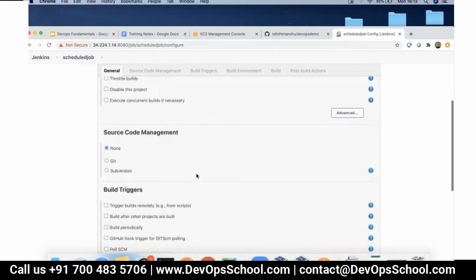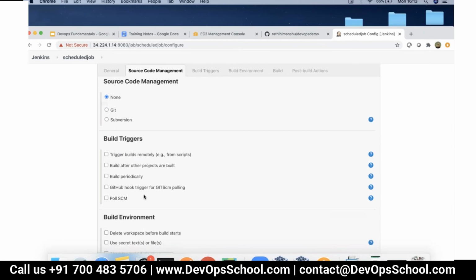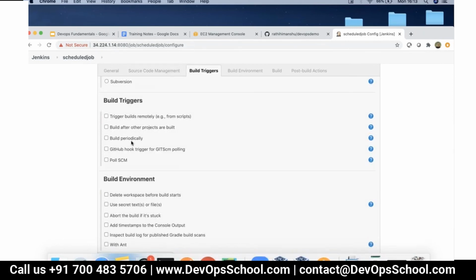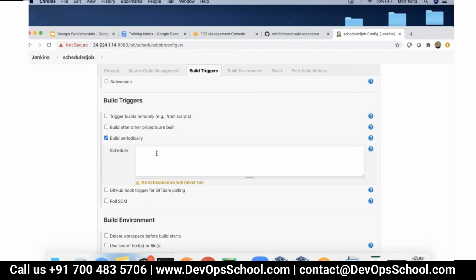Now you can define how often a job is getting built. You see this option, build periodically. You can use this option to tell it after how much time it should automatically build. If you put 5 stars, that means it will build every minute.